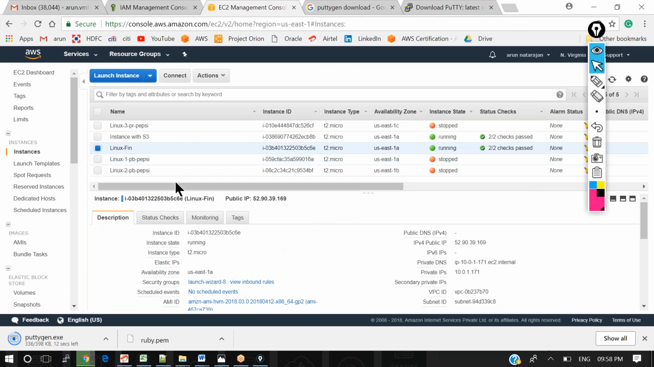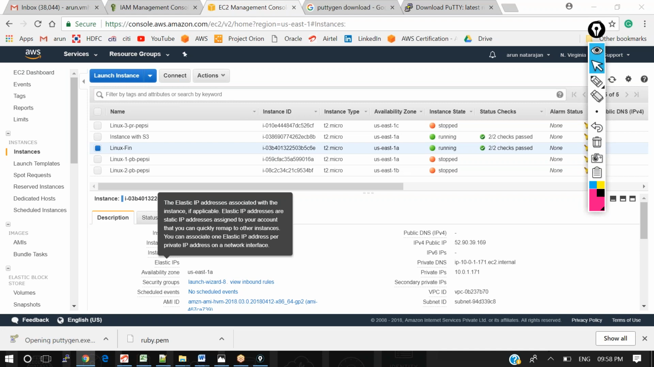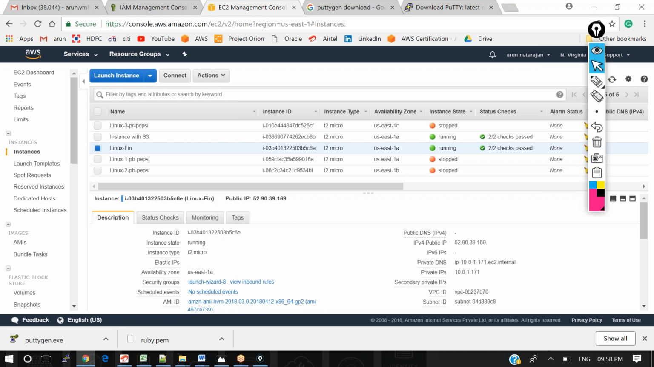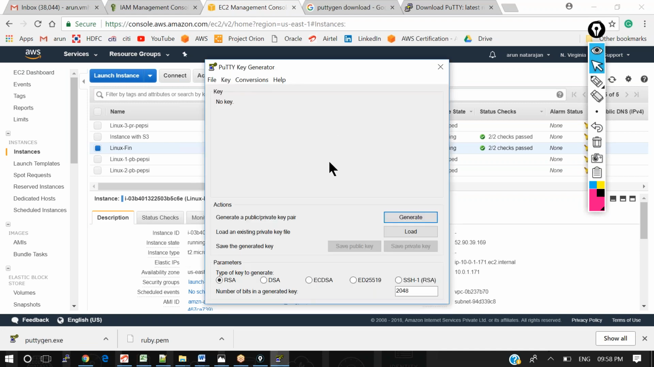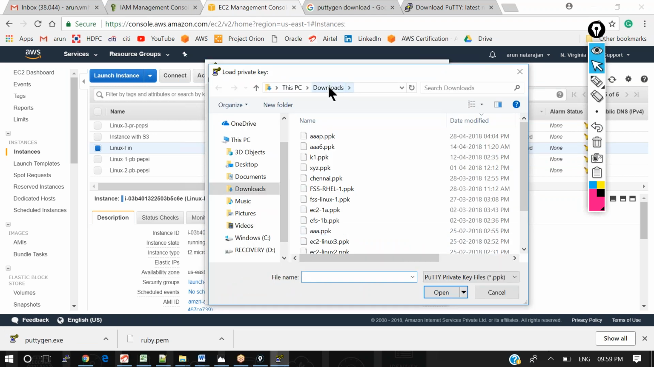Okay, at the same time you are also able to provision your Windows server the same way. So I will just show you how to connect it using the PuTTY software. Okay, so now I'm opening the software. Now here I need to go for the load first, so loading your .pem file. Under the download folder I have the Ruby file which I have created,